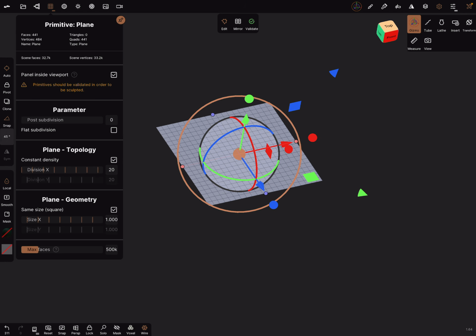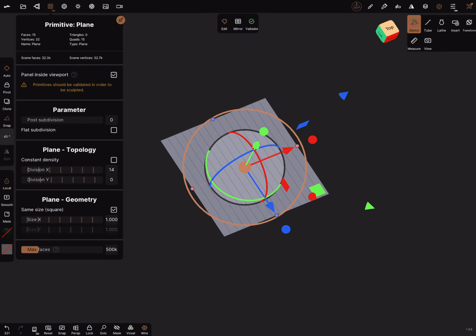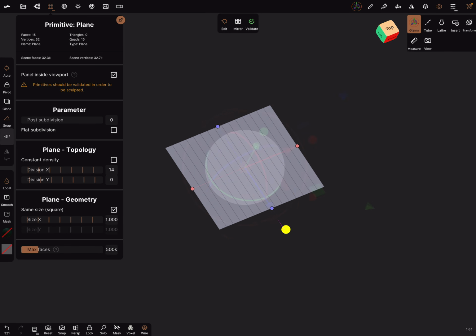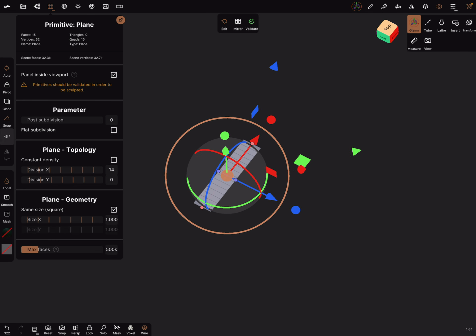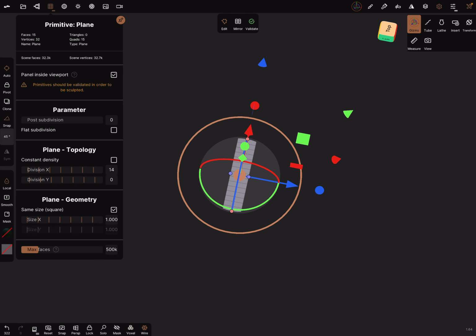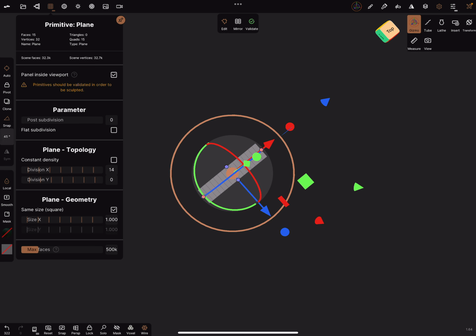Now we turn the subdivision, bring it down, and okay, let's create a shape like this. Yes, with the top view.